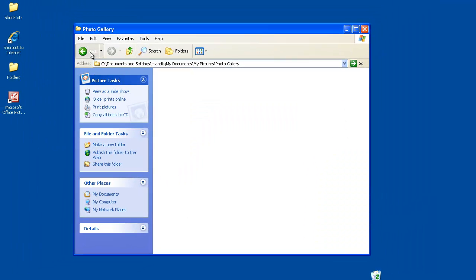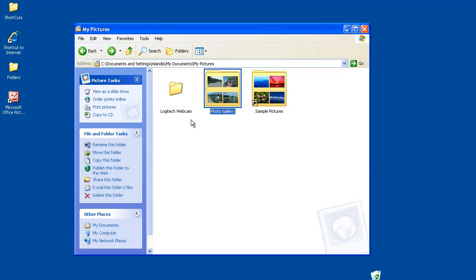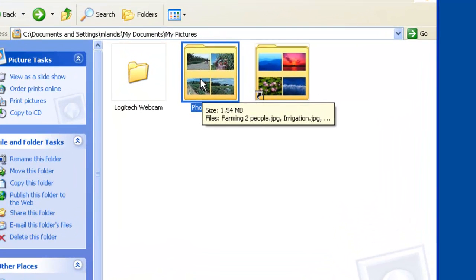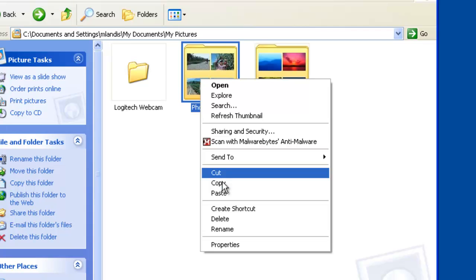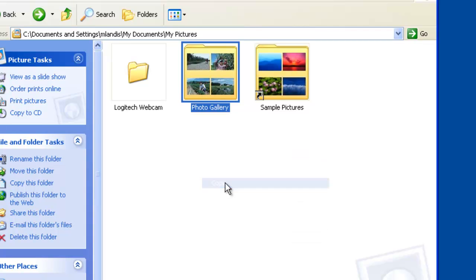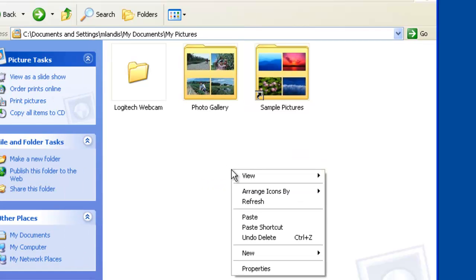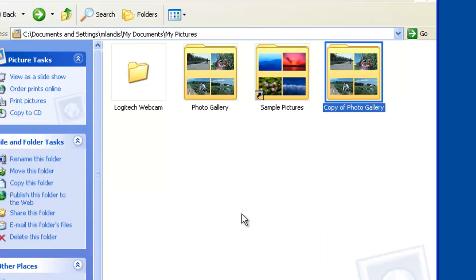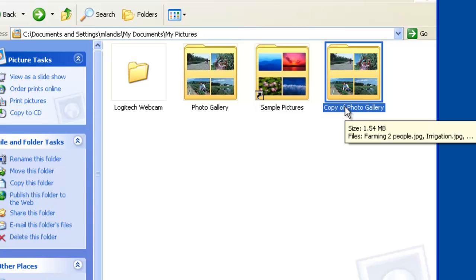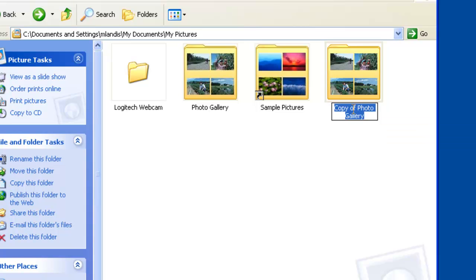And what I'm going to do is I'm going to come back here, and first I don't want to damage my original pictures, so I'm going to make a copy of the pictures. So I'm just going to right click and click on copy to copy this folder. And then I'm going to right click again and left click on paste to paste it in. And now I have a copy of the photo gallery. I'm just going to click once with the left click on that and change this so it says web photo